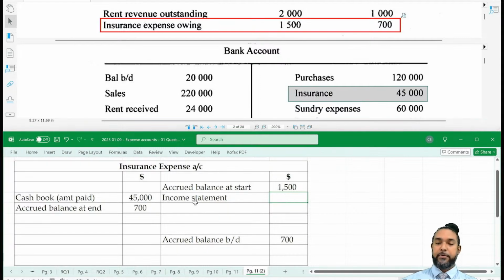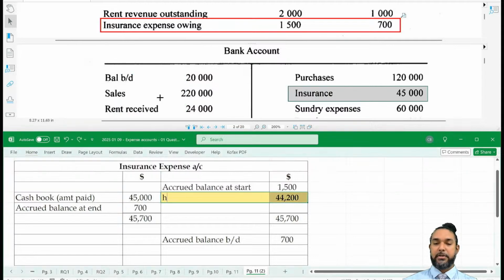And all we have to do therefore is balance off the account. What does that mean? If we were to add up the items on the debit side, we would get 45,700. Now this total must also apply across here, but if we add up this side, what do we get? 1,500. Are these two totals equal? No. So to make them equal, we have to add something on this side that will make it equal to 45,700. To do that, we simply find the difference between this total and the current total on this side, which is 1,500. So now the income statement figure is